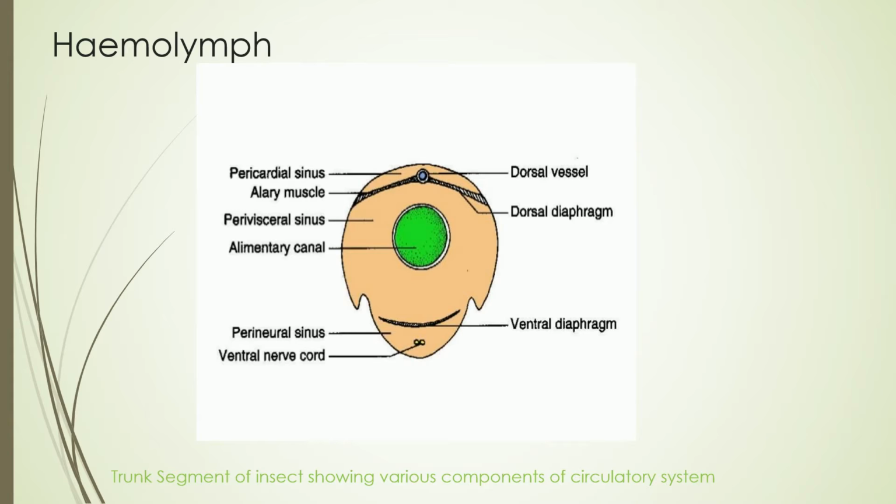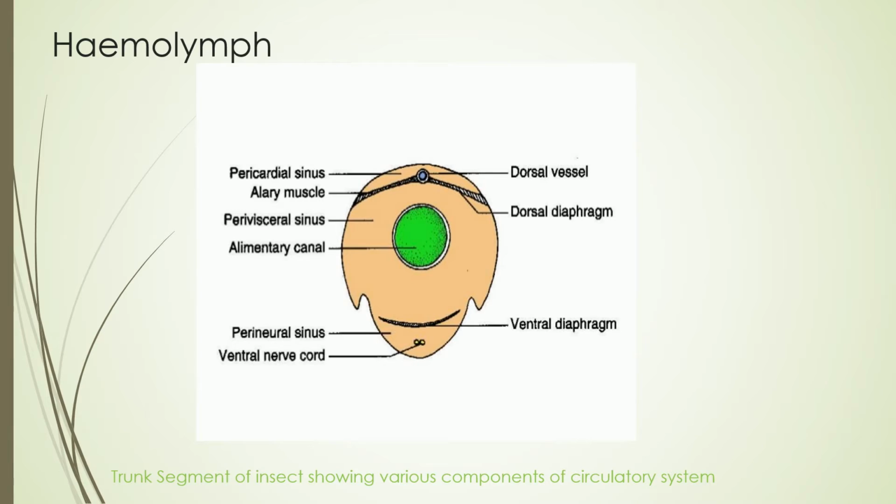Now the ventral diaphragm is well developed in some orders, that is Odonata, Orthoptera, Hymenoptera, and Lepidoptera. It is found mostly above the ventral nerve cord across the abdominal cavity. It contracts myogenically. It is poorly developed in Dictyoptera and entirely absent in Hemiptera. It extends as a septum which divides the cavity of each leg into two sinuses.